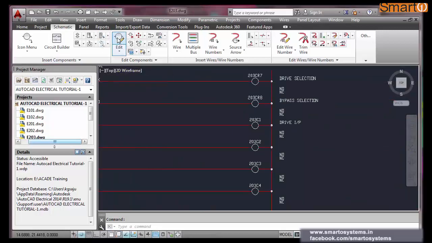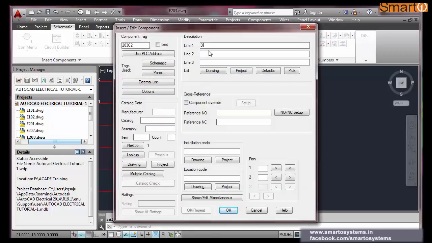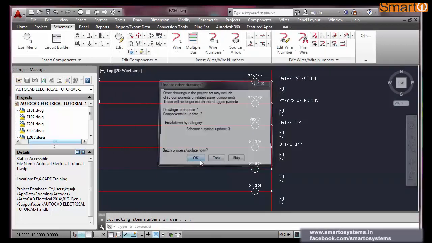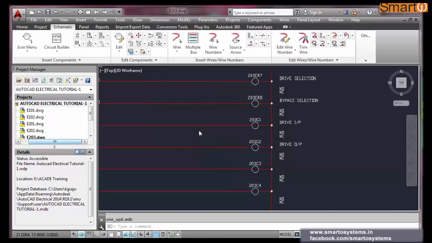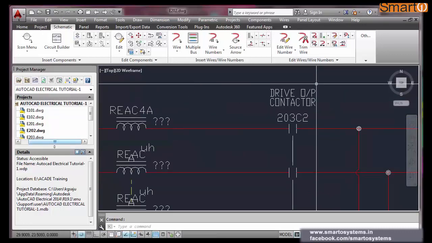Now you go to 203 C2. This is drive output. Okay. Even if it is not updated, we can update it later on. Drive output contactor.